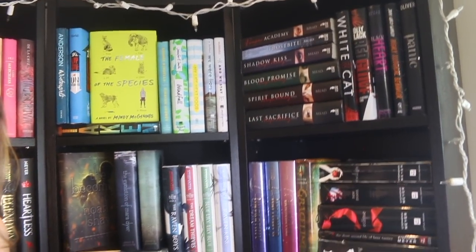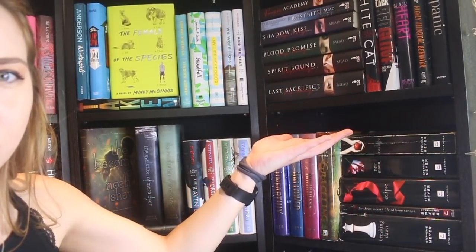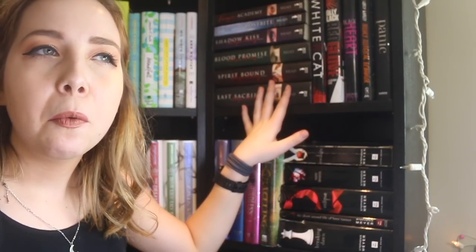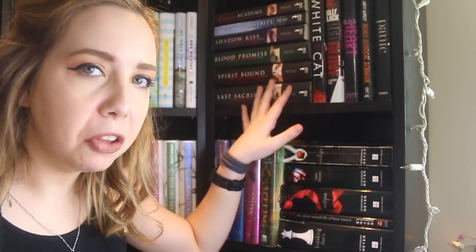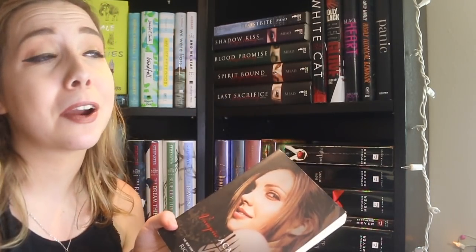Then we move away from my colorful books, and I have some black series, is the best way I can explain this square. I'm not going to pull all of these out individually because I think you've all seen what the Vampire Academy series looks like, and the covers aren't really anything to show off. I have the original covers, and that first one, that's all you need to know. Don't get me wrong, I totally love this series, and if you haven't read Vampire Academy yet and you want a good series to binge read,